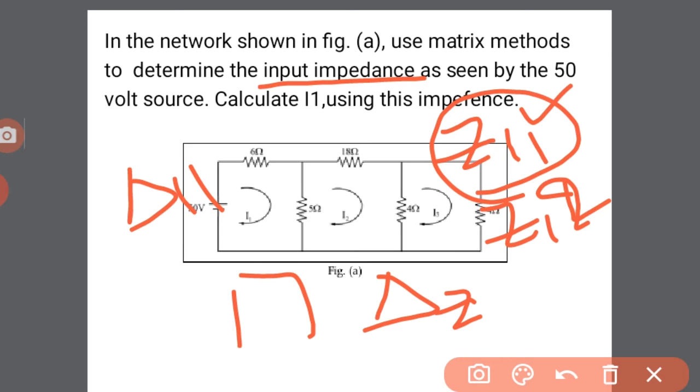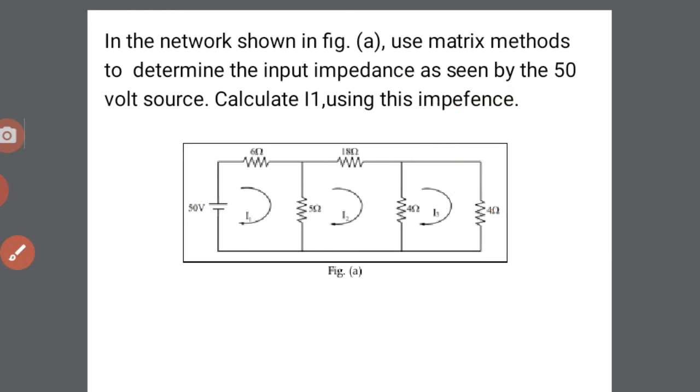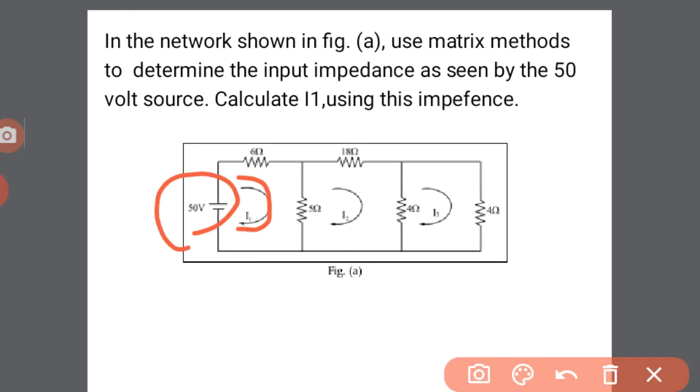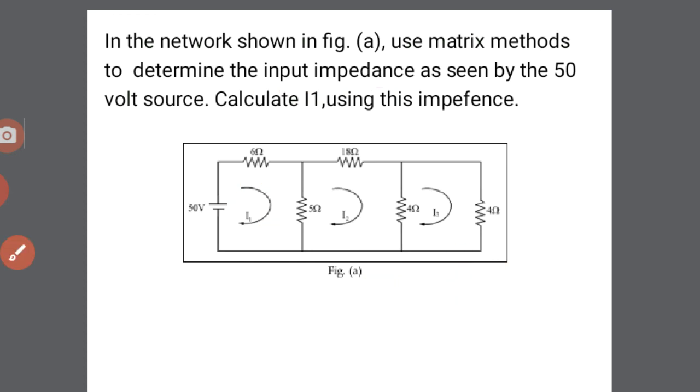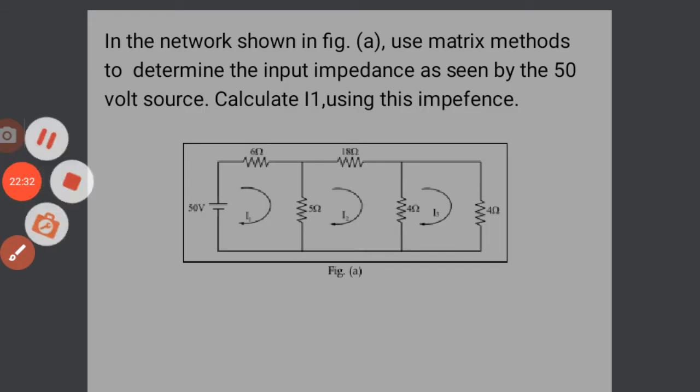So after that we are getting the impedance value Z11 equal to delta Z by delta 11. After that we have to find the value of I1 current. Again I1 current is equal to V by Z. We already know the value of V, so from this we have to find the self impedance, that is the input impedance. From that, I1 is equal to V by Z11. That is how to determine these values.